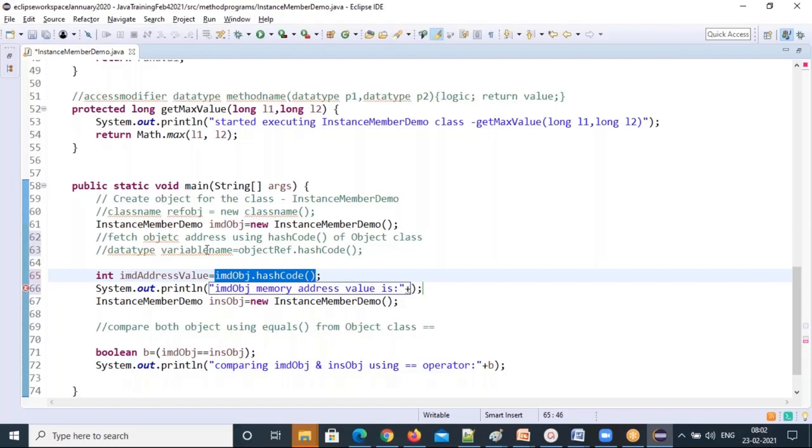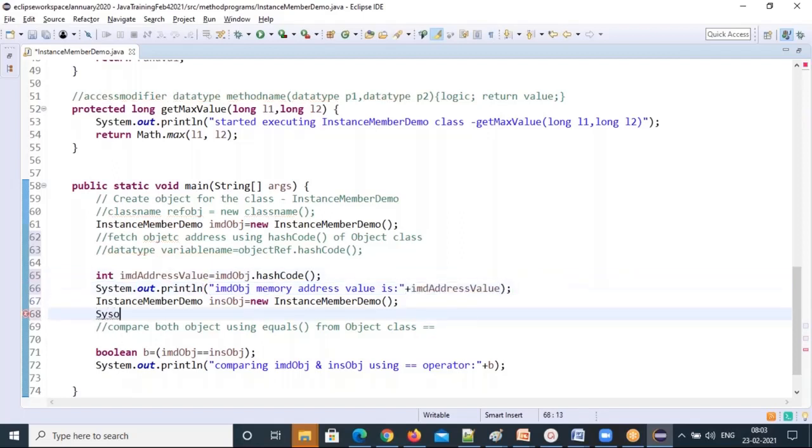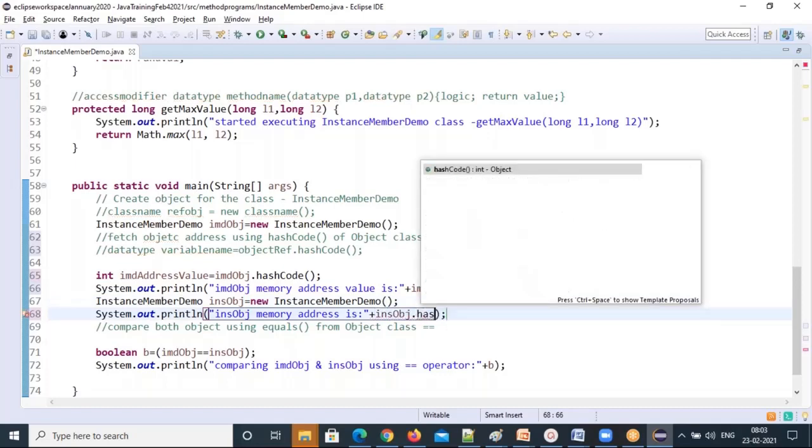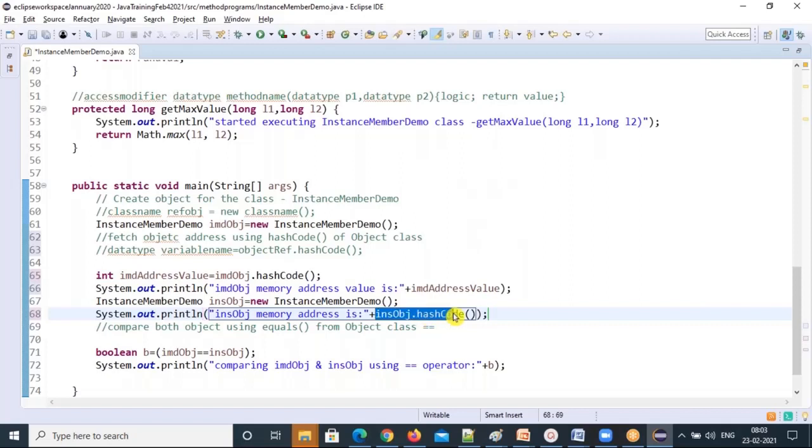I'll show you for this. So this one, I'm just showing how to store in a variable: the data type, the variable, and the object reference dot hashCode method. For this object, I'll call directly in the print statement. So let's use this object's memory address, and you want to print it directly in the print statement. You can print the object's memory addresses. So the reference variable dot, I'm calling directly in the print statement. Return type methods you can call directly, that's what I told you. See, this is correct and this one is also correct. Both are fine, any one is fine.